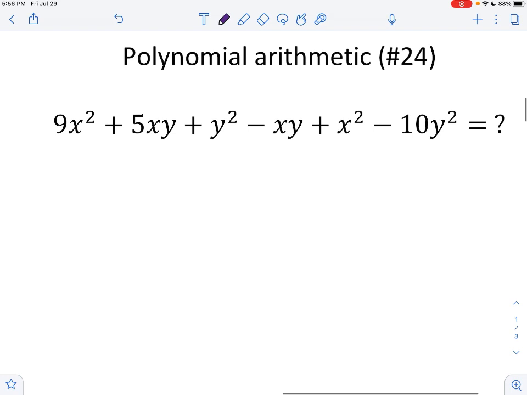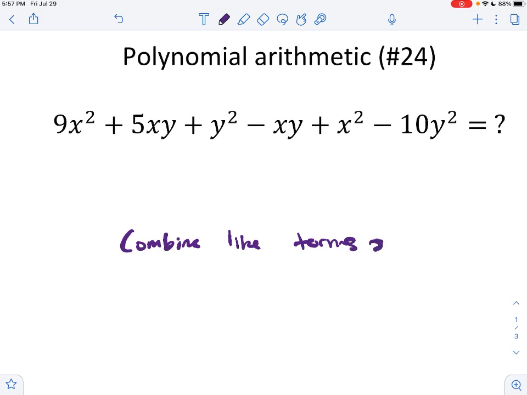Polynomial arithmetic is another skill on the math test. Basically, they're going to give you a long equation with different variables and coefficients, and they're going to ask you to combine like terms or not combine like terms based on which terms are actually like. When you combine like terms, you've probably heard this before. If you're not familiar with it,